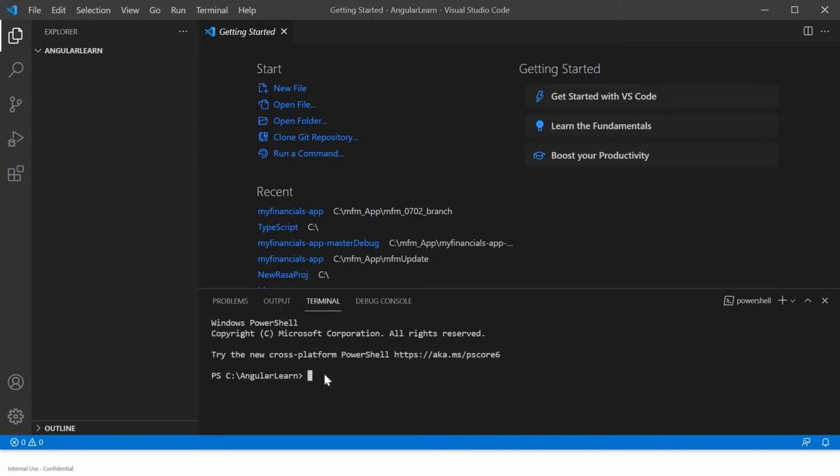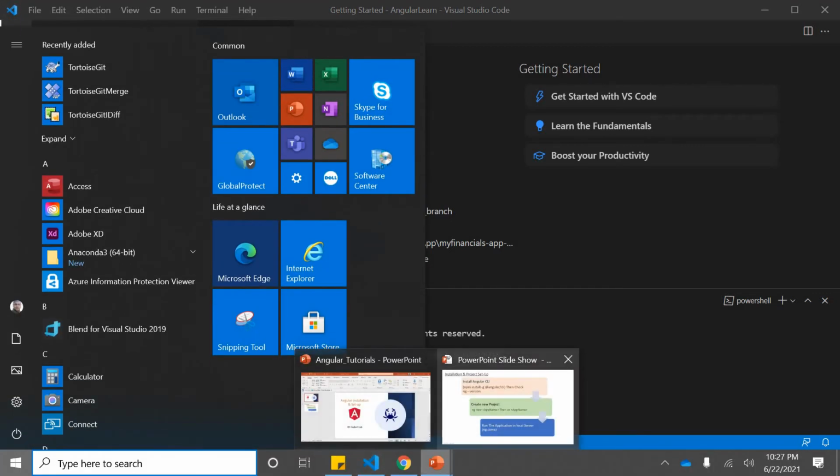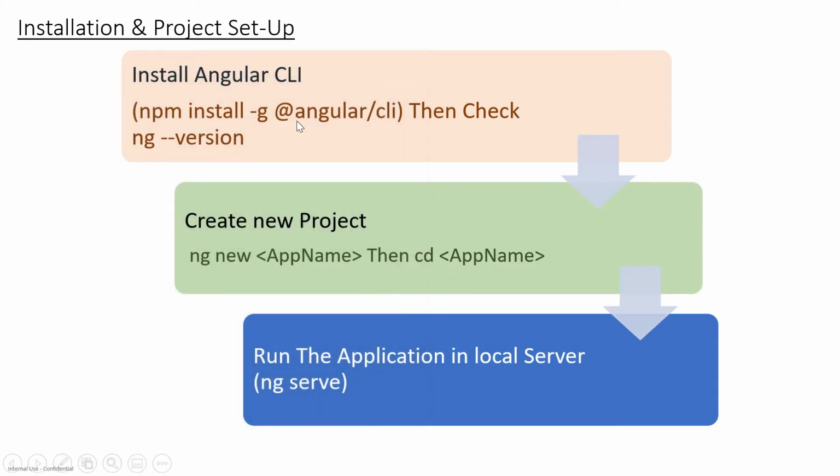So let's install the Angular here. The first step which we will follow here is npm install -g for global @angular/cli. And there is one thing people also do, like they would put @latest to get the Angular latest one. So it is not really needed. So we can use this.